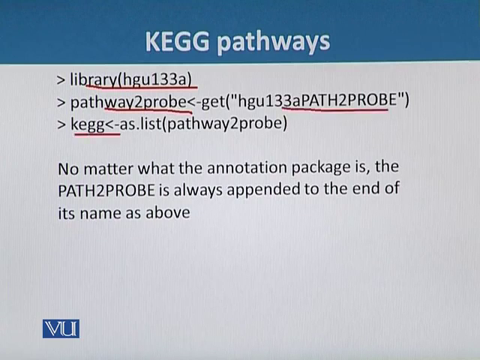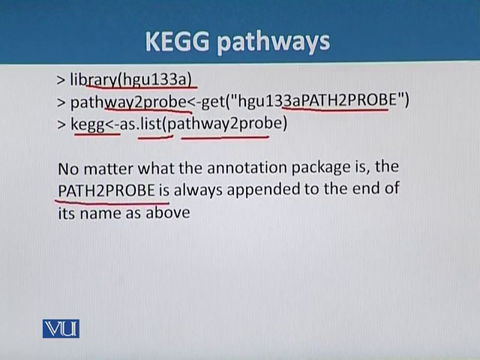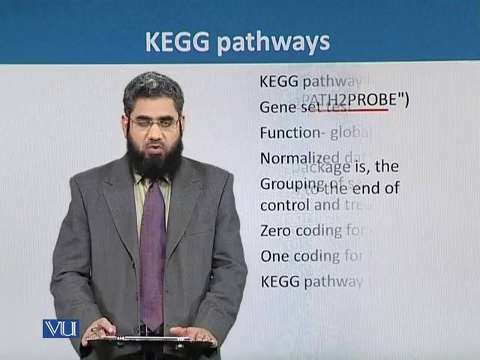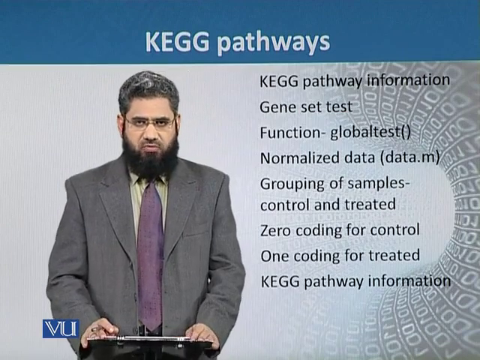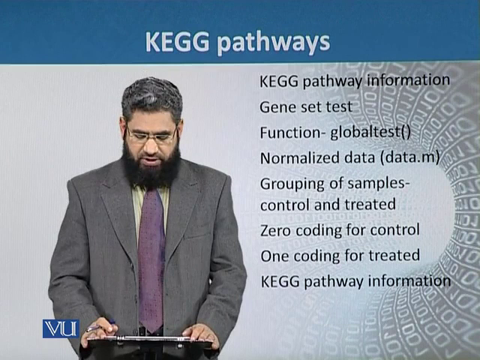And after all we will get this information in the KEGG object as a list, and in the parentheses we will write the path2probe, that is the information of the data. So no matter what the annotation package is, the path2probe is always appended to the end of the name as above. So after getting the information for the KEGG pathway,